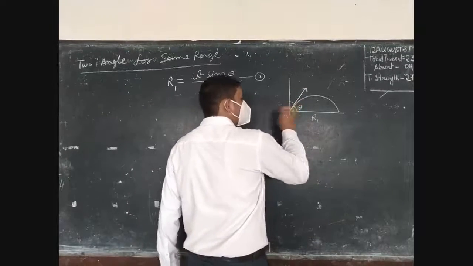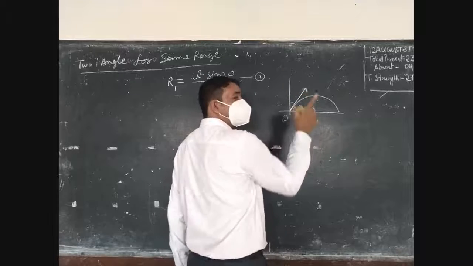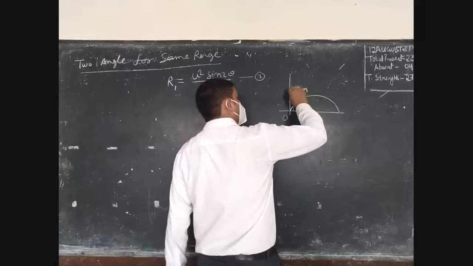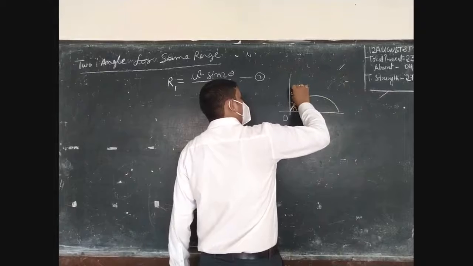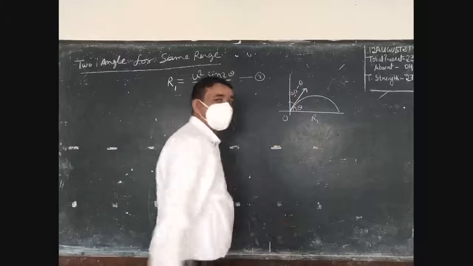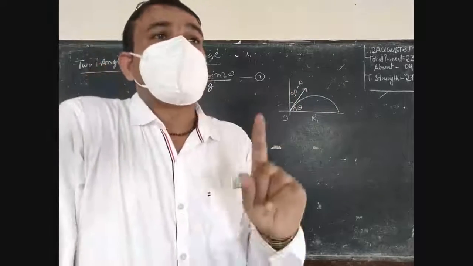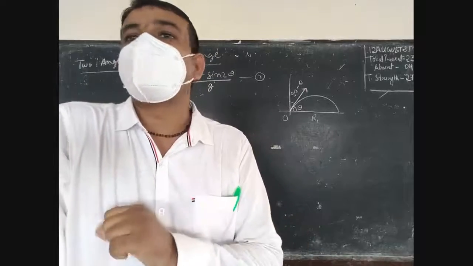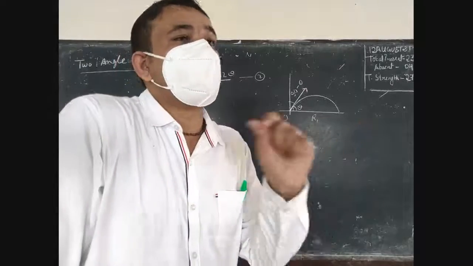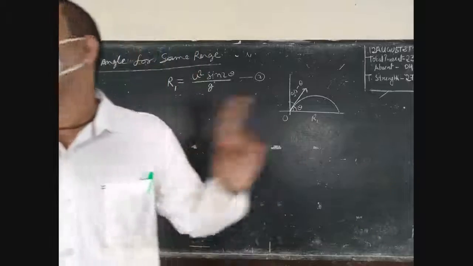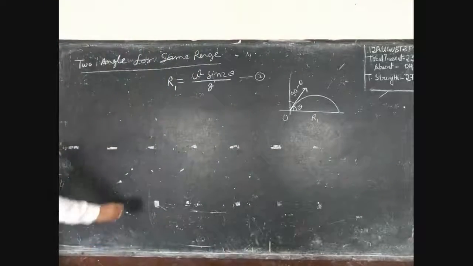If the total is 90, then the other angle for the same projectile is 90 minus theta, which means the other angle of projection to get the same range is the complement angle of the previous. So just write: